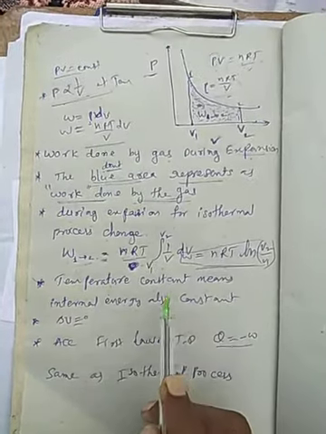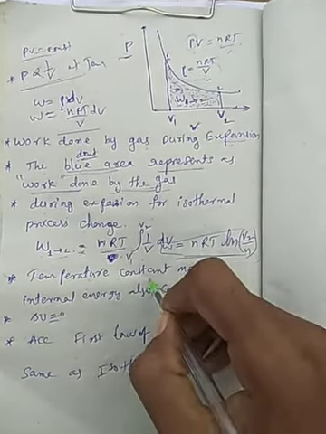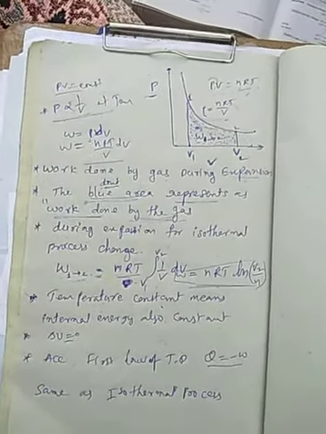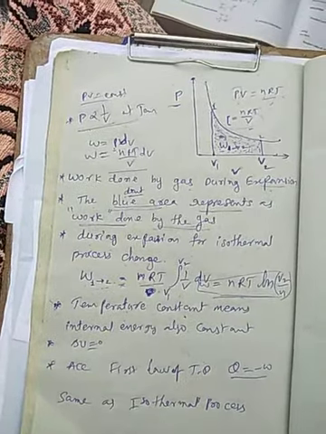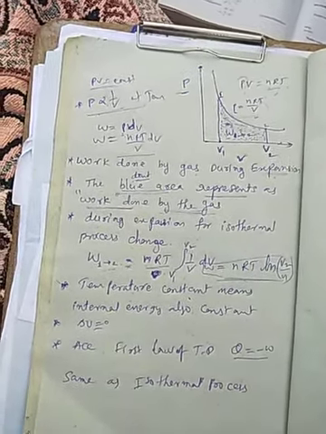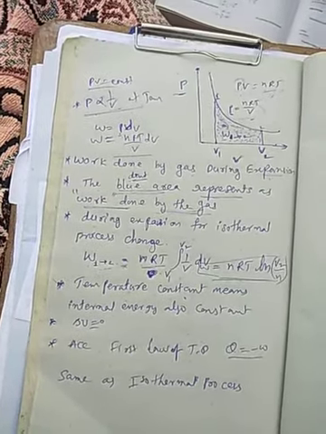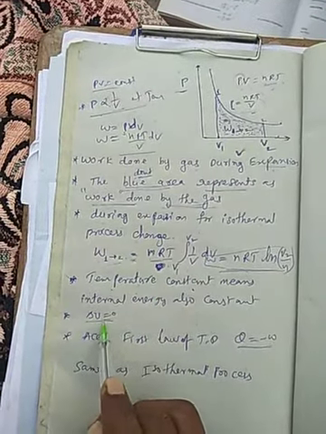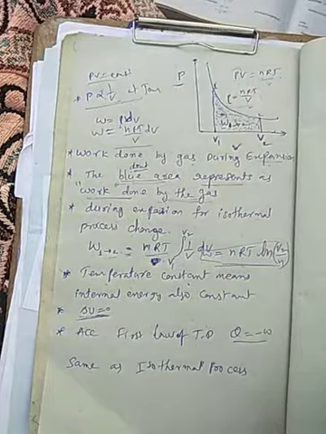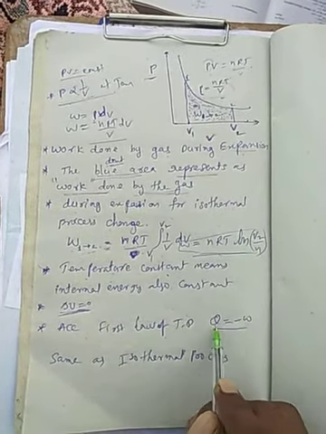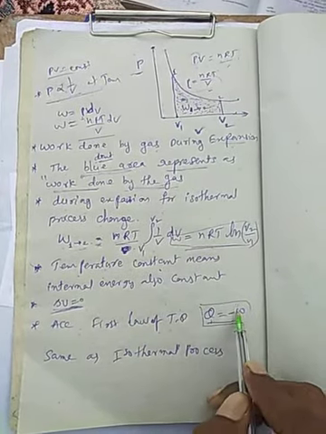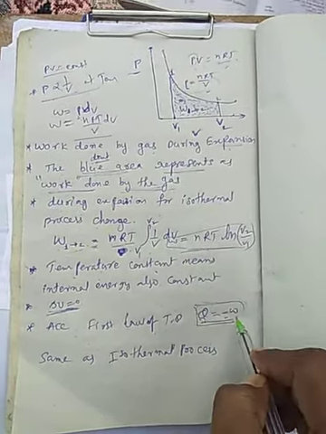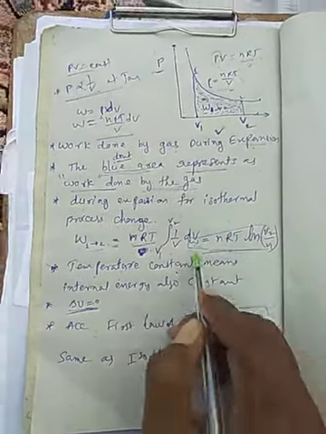From the equation we learn about the isothermal process. Temperature is constant. According to the application of the first law of thermodynamics, at isothermal process the temperature is constant, so the internal energy also is constant, because internal energy depends on temperature. So delta U becomes 0. According to the first law of thermodynamics, the equation becomes Q is equal to minus W. Here heat is equal to work, and that is the difference.